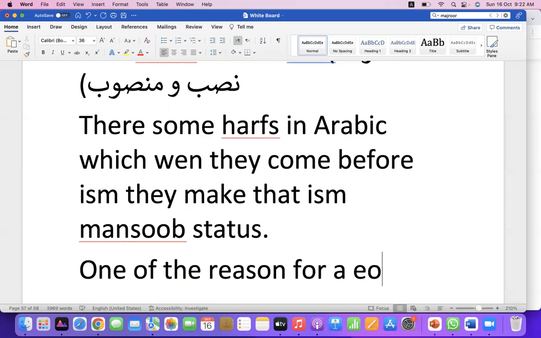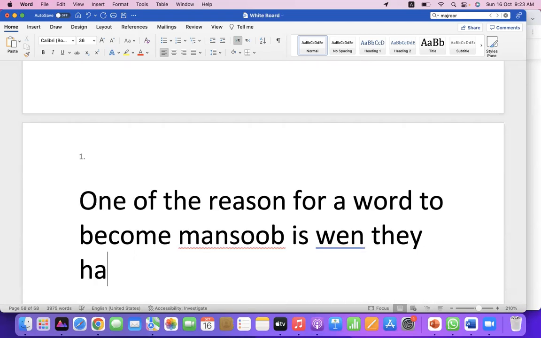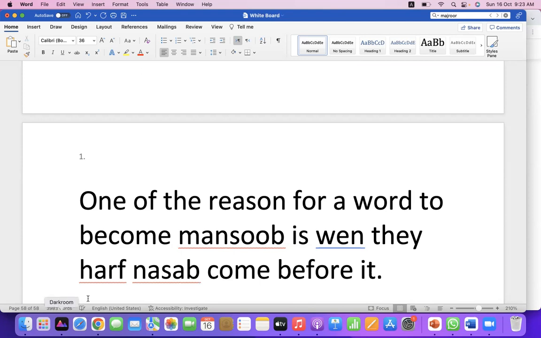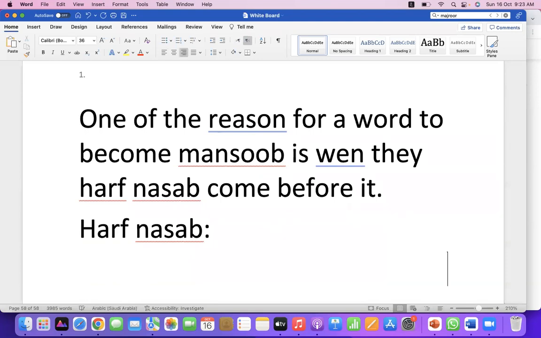So one of the reasons for a word to become mansoob is when a Harf-e-Nasab comes before it. So what are those Harf-e-Nasabs? Let's study. Again, you have to memorize these. One of the Harf-e-Nasab is